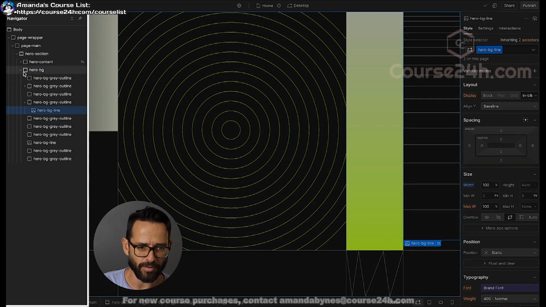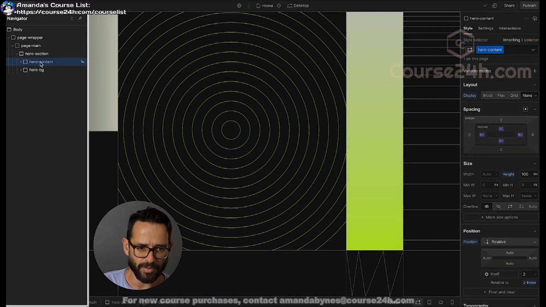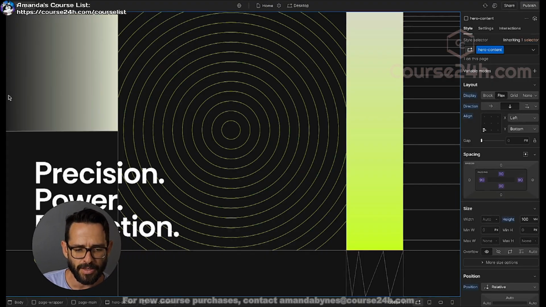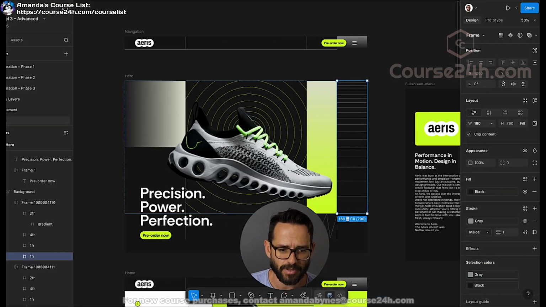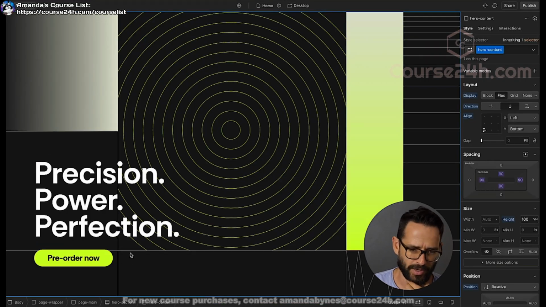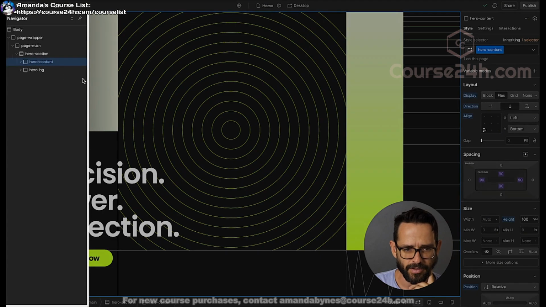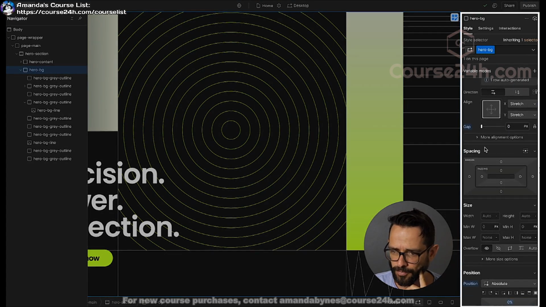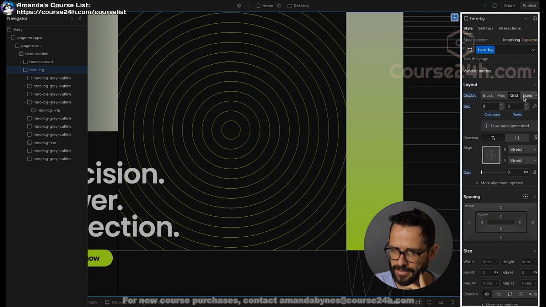Let's bring back our visibility of the hero content. Let's turn that back into flex. So here's one thing that I'm thinking about. I really want the line of the grid to align maybe with the typography here. So with the grid, we created this grid. Where's the grid? The third row